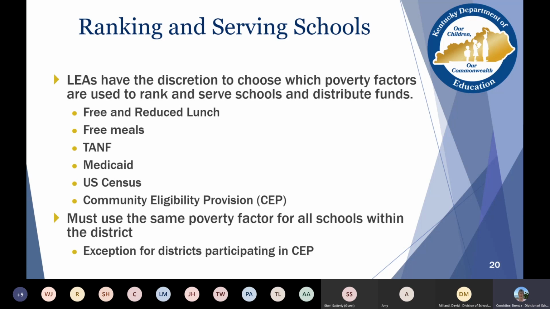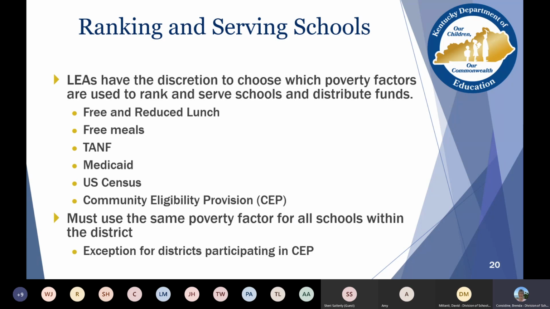You must choose one, unless you are a district that is participating in CEP, but only in a certain number of schools, and that would be an exception.